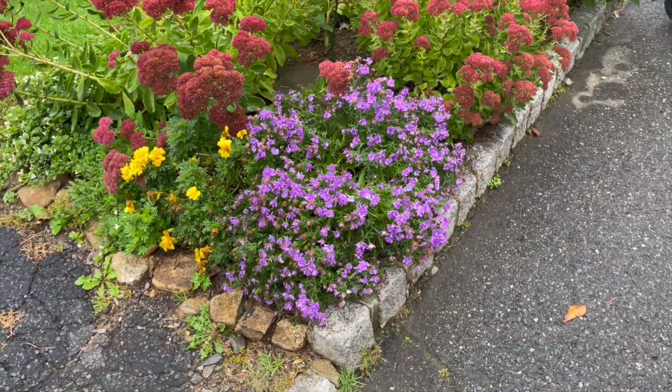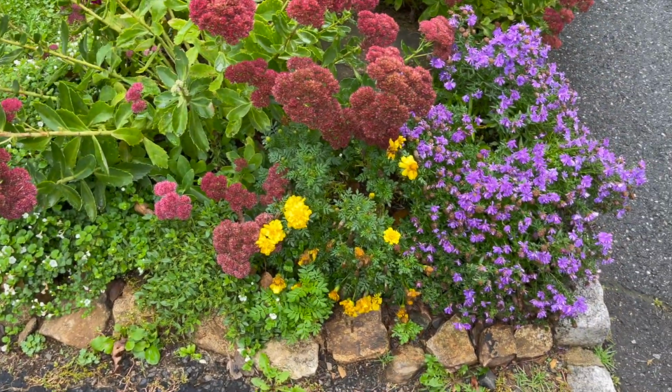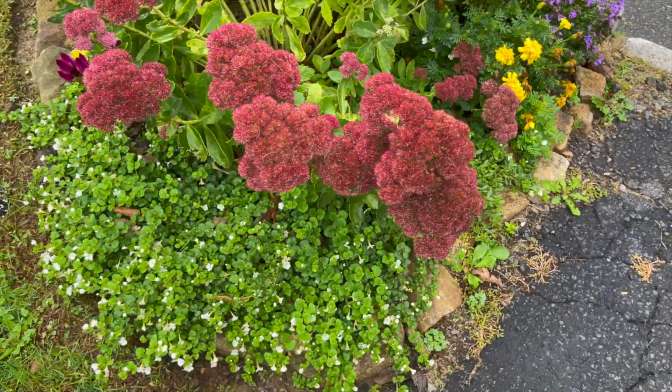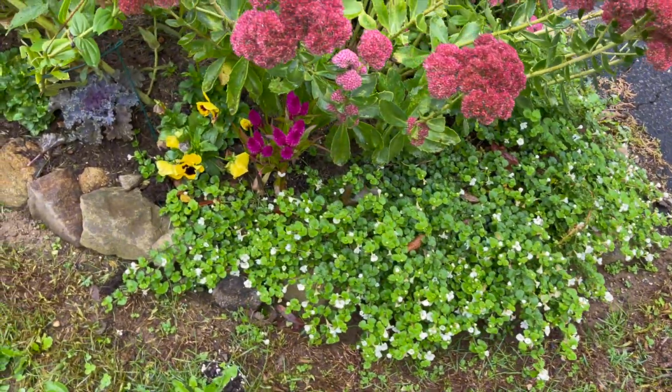Then we've got my asters, and again, I kept those marigolds in because they look pretty autumnal, don't they? Then I've got some bacopa here that still looked pretty good, so I kept that. I love that along a border or trailing out of a